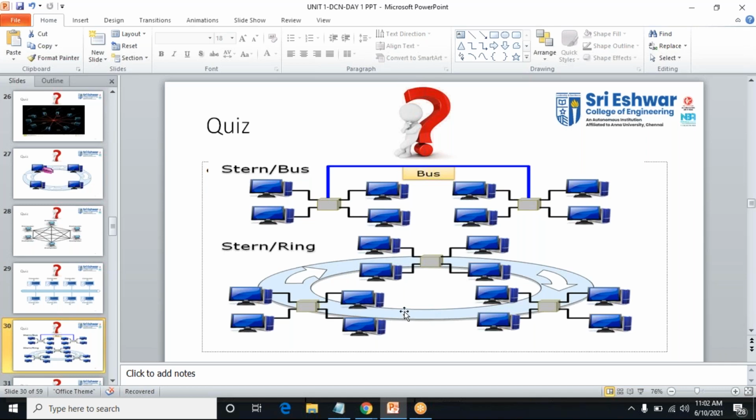Yes, very good. Ring topology is there. Yes, Rohit, very good. It's a bus and ring. And this one? What is this? I have a central hub and the other computers are connected. See, bus topology is also there, then ring, then this one. Can anyone guess this one? I have a central hub and from the central hub I have many connections. Very good, Priyadharshini. It's a star also. Okay, I have a ring, star, and also the bus topology. These are all combined.